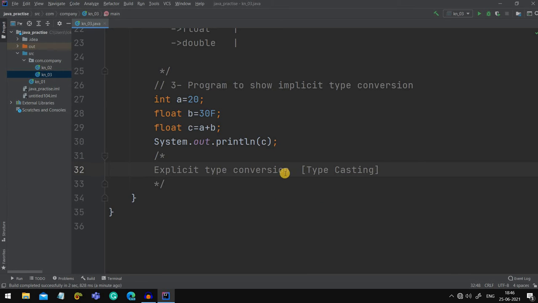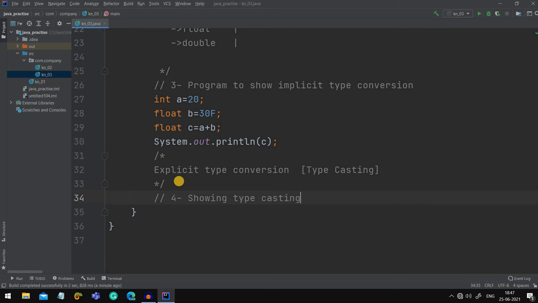Now let us do a program in order to understand it. Here we are doing the conversion of data type on our own. This is the fourth program of the day, showing typecasting only.